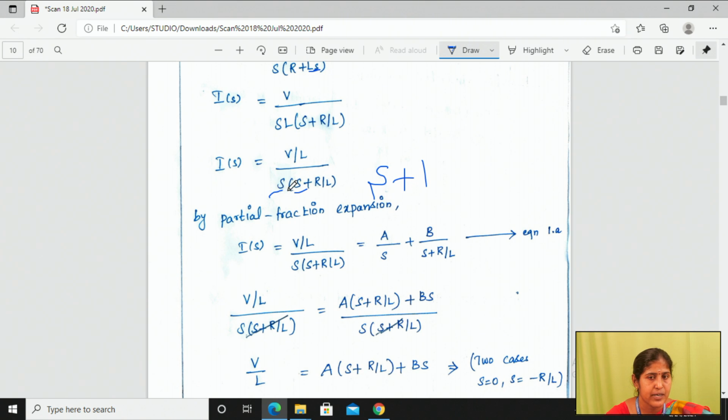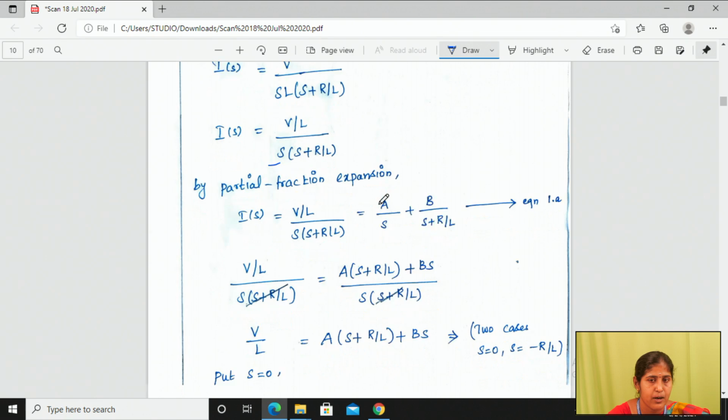Okay, but here we have the two cases, so what we have to do, we have to take a partial fraction. Okay, so why we have to apply partial fraction for this expression? Because in denominator we have two different cases, s into s plus R by L, right? So that's why here alone we have to apply partial fraction. See here, if suppose in some other problem, if you have found I of s which is equal to a single case in denominator, means you can directly apply inverse Laplace transform. Okay, so in this problem we have two different cases, so that's why we have to take a partial fraction.